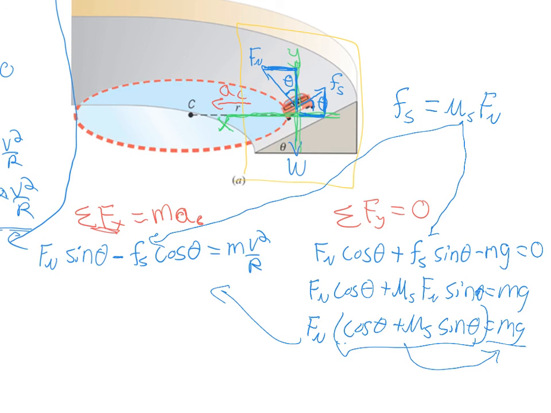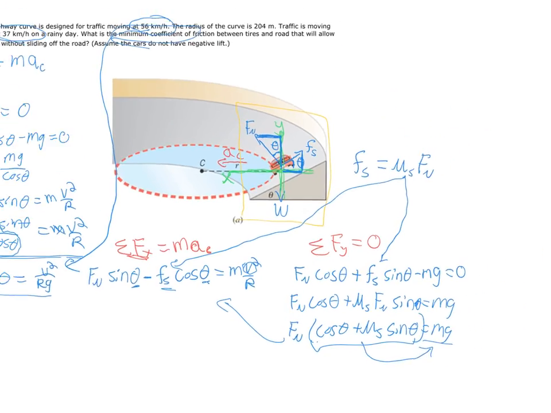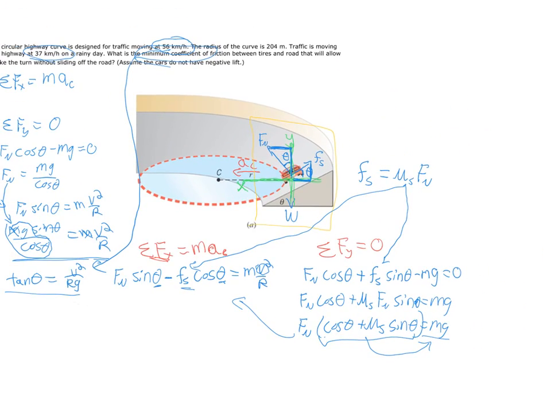Keeping in mind here, this v now is the v at which we need friction, so that's the slower velocity given in the problem statement. The theta, though, is the same theta. The theta of the ramp is fixed. You can't adjust that. So I'm going to just stop there and let you guys try to complete the rest of the problem on your own. If you have additional questions, though,